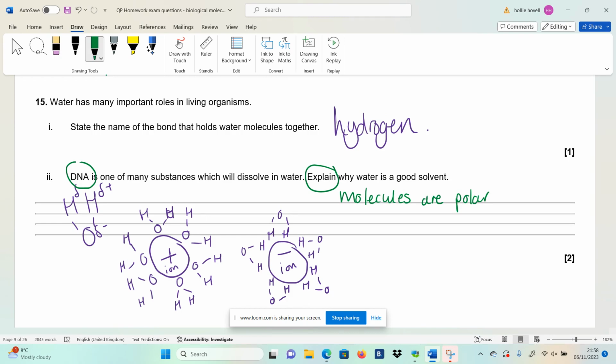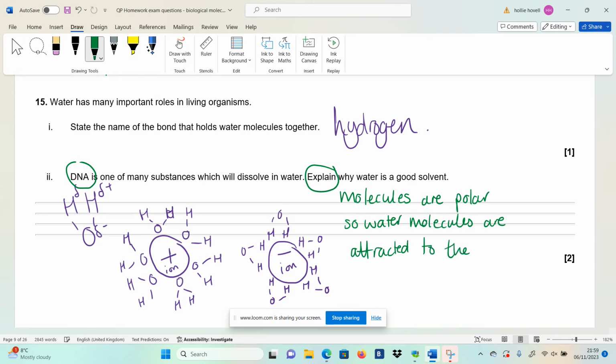If you've got a molecule that's polar or has a charge, then what happens is that the water molecules will bind to that solute. Okay, they'll be attracted to that solute, they'll bind to that solute, they'll surround that solute, and hence the solute dissolves in the water. Okay, so water molecules are attracted